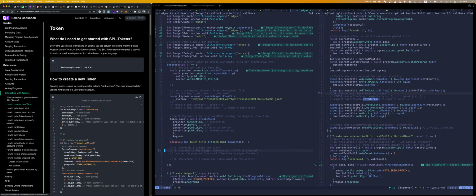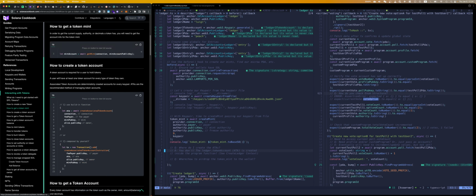So we've created a token, get token mint. We have the get mint, how to create a token account. We're going to create an associated token account as a test